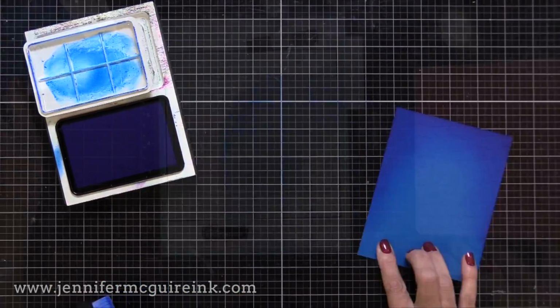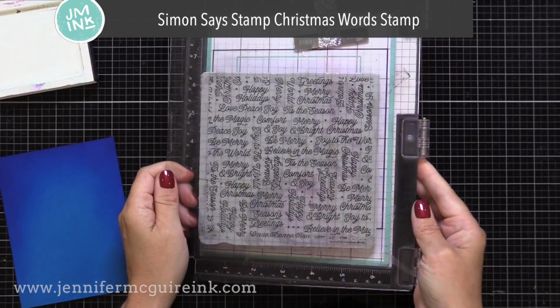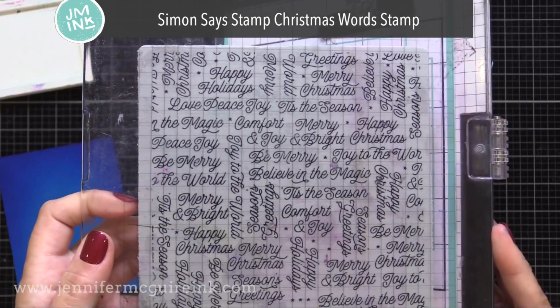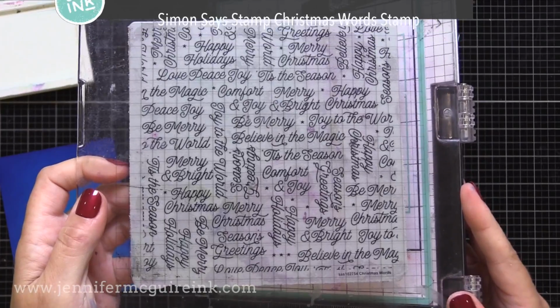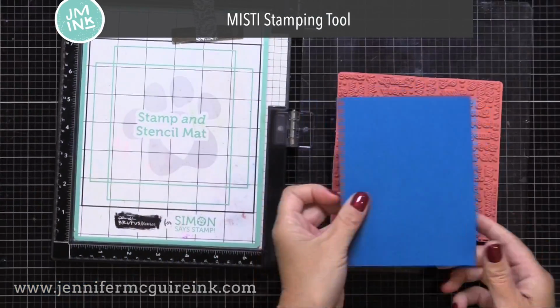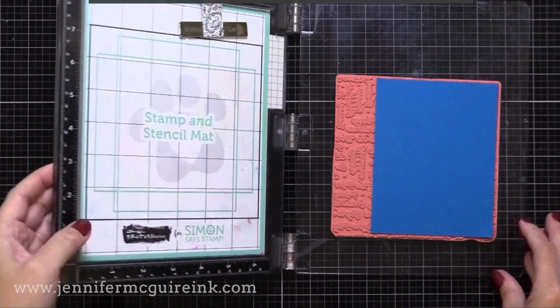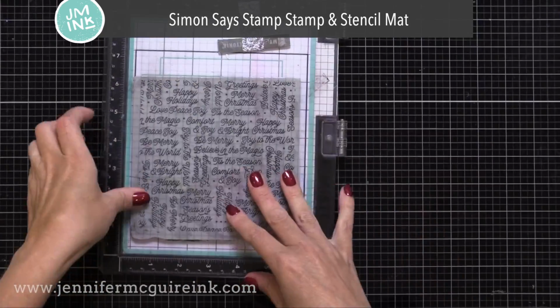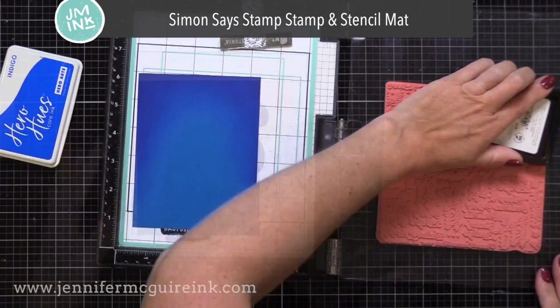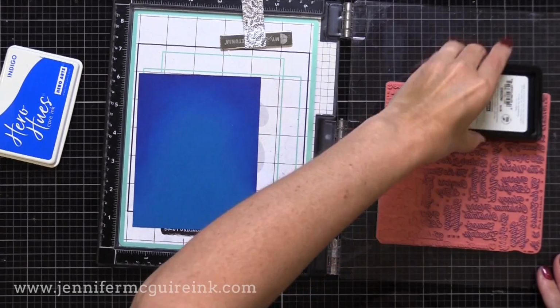Next, I thought I'd do some stamping with that same color of ink, and I've got this background stamp called Christmas Words from Simon Says Stamp. This is one of my favorite holiday stamps this season, and I'm going to stamp with that indigo ink. I have my MISTI stamping tool with this sticky mat inside. I'm going to line up my paper so it's straight, then close the MISTI upside down, and the sticky mat will grab that cardstock and hold it there while we stamp on it,